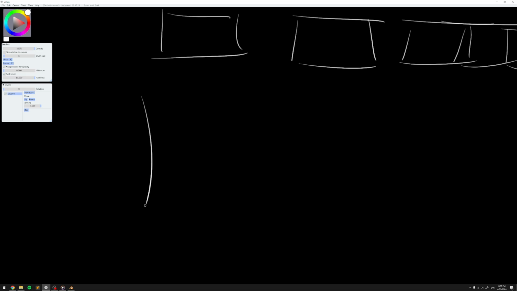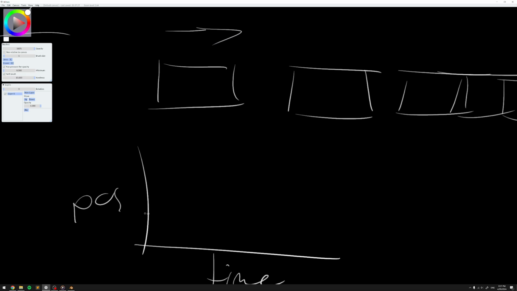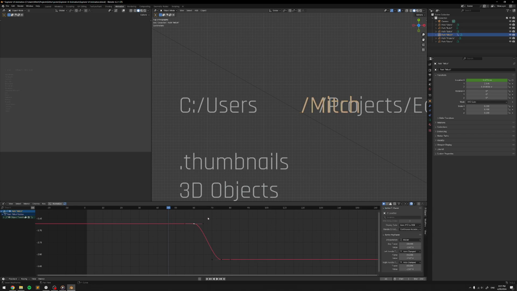And so you end up with position changes rapidly, then it slows down, right? Like that. So it eases out. So the most natural feeling one to me